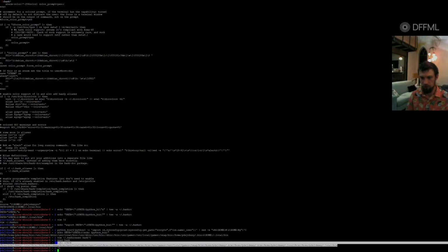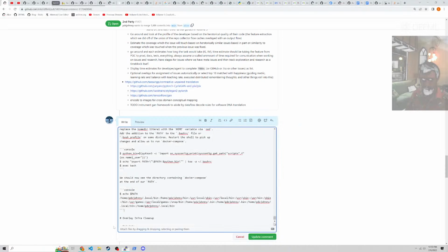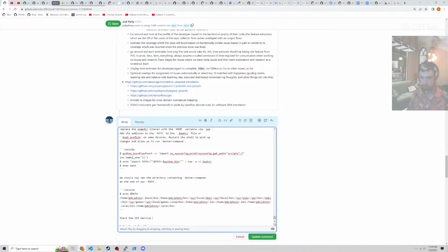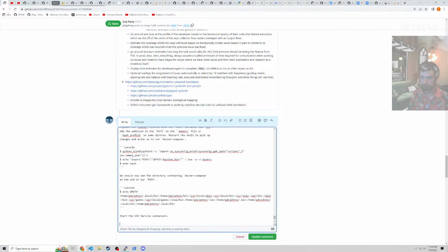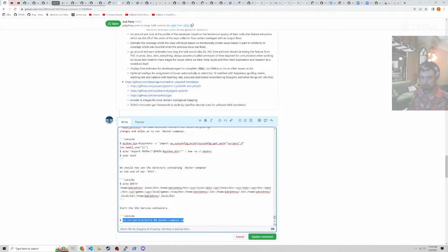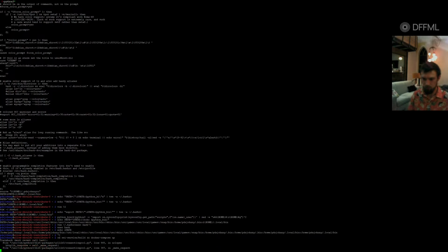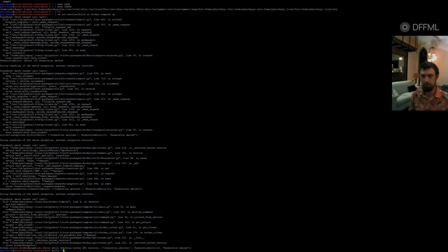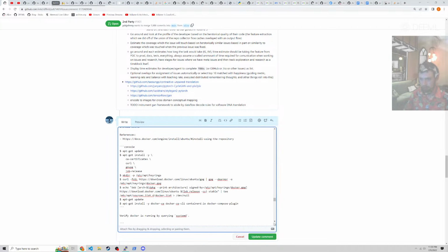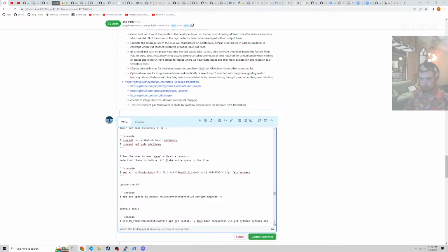Okay, so now we do this command here. So start the service containers. Okay, so it's mad at us. Okay, because we're not in the Docker group. So we need to do a sudo. Okay, so we need to do